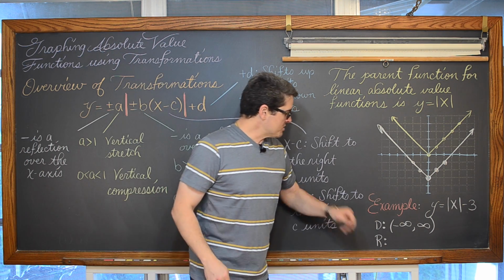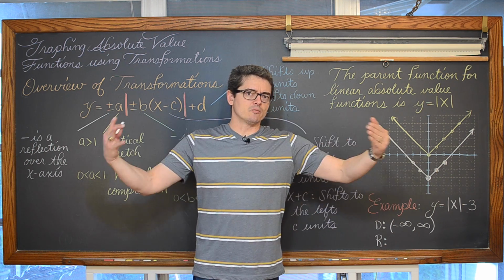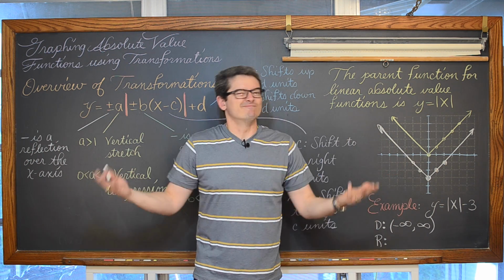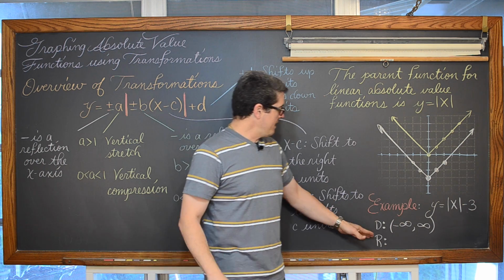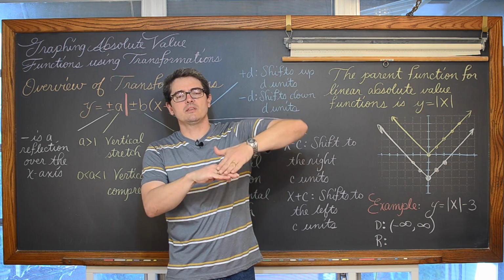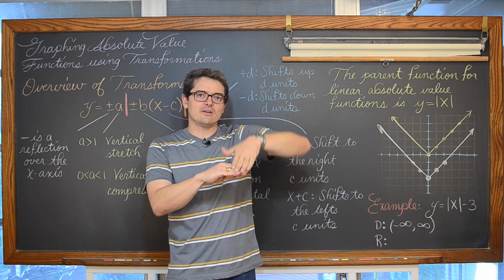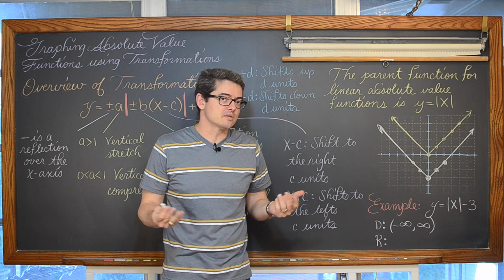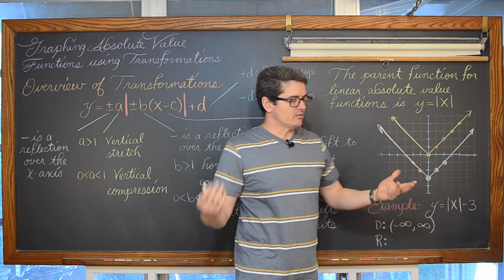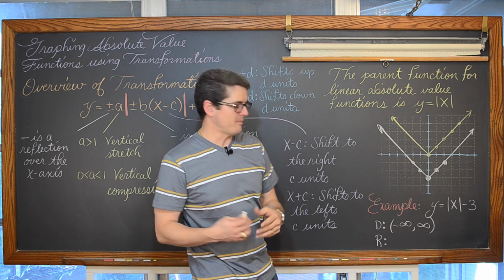Now, as far as the range goes, domain is the horizontal movement, the independent variable, the x values. The range is, I guess you could say, the opposite: the up and down movement, the dependent values, the y values. We don't always call them the x and y axis. It could be a word problem application.